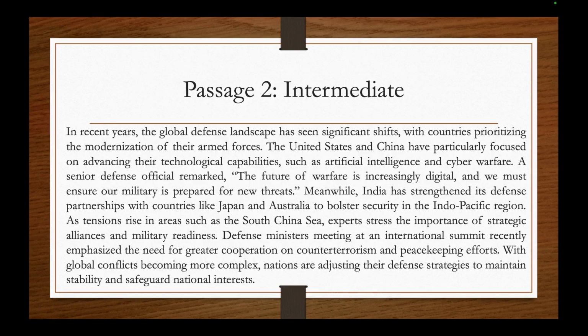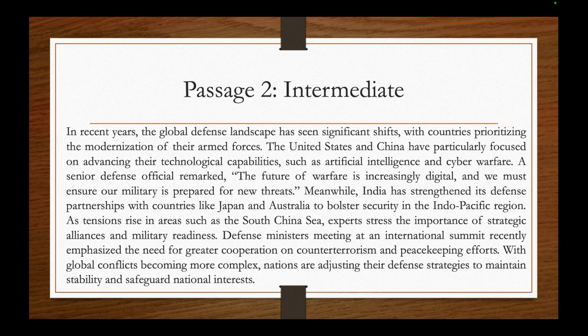Now, for the very same thing, let's go to passage 2, that is intermediate. Now, let's take a look at what this passage says. In recent years, the global defense landscape has seen significant shifts with countries prioritizing the modernization of their armed forces. The United States and China have particularly focused on advancing their technological capabilities such as artificial intelligence and cyber warfare. A senior defense official remarked, "The future of warfare is increasingly digital and we must ensure our military is